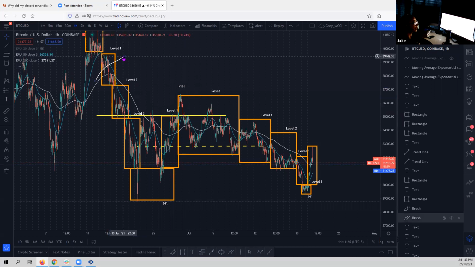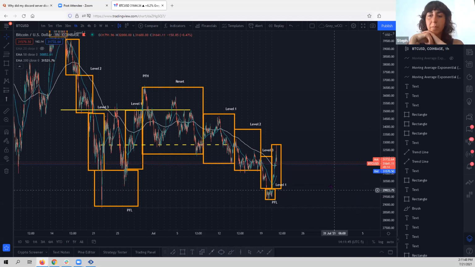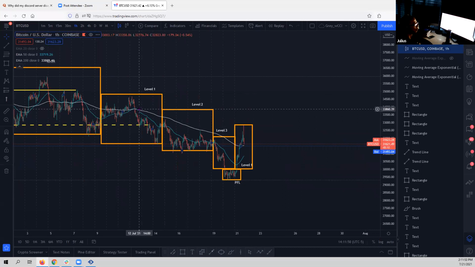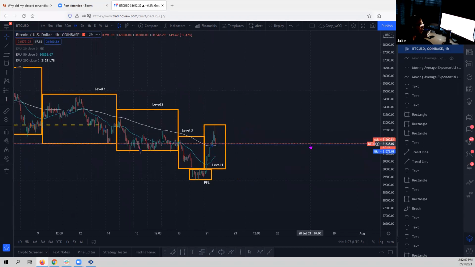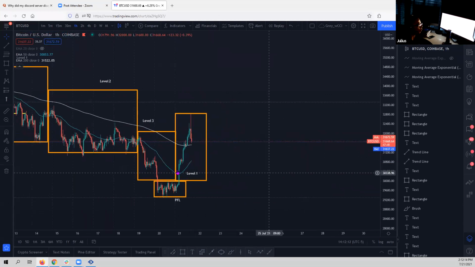The present time pricing. Yeah, exactly. Present time level 1, this here. Yeah, let's look at it. Okay, so we got level 1, the crossover of the EMAs, right? Level 2, the widening of the mouth of the EMAs, 50 and the 200. Level 3, the widest point of the mouth, and of course, peak formation low. We have a new level 1 right here, and we identify level 1 because we are approaching crossover of this